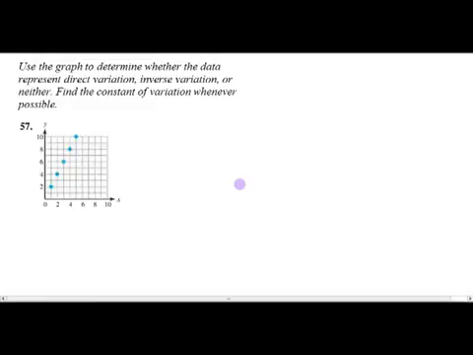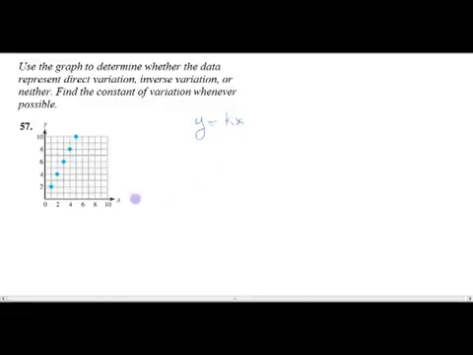Let's use the graph here to determine whether the data is direct variation, inverse variation, or neither, and find the constant of variation whenever possible. Right now this looks like it's probably direct variation. As x is increasing, y is increasing. So we get this kind of line of points going like that. So let's say that we have maybe a y equals kx model,